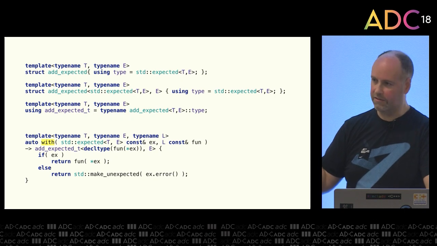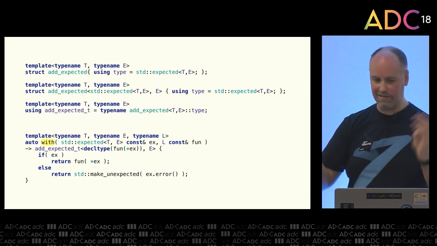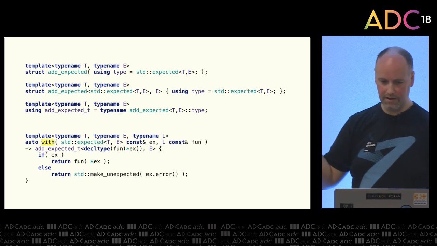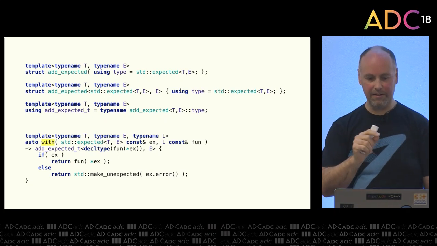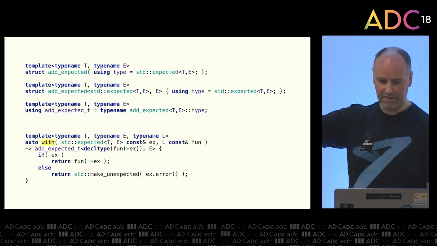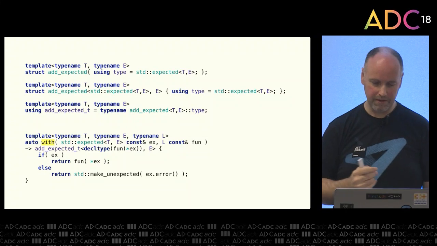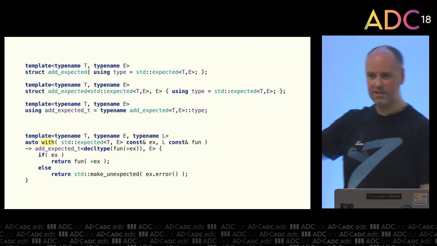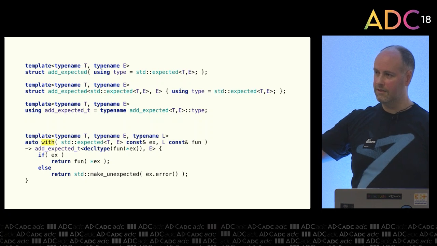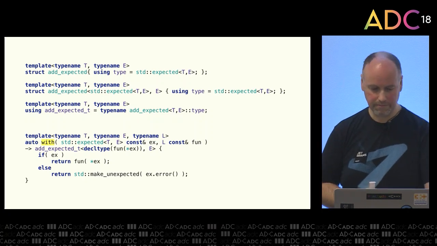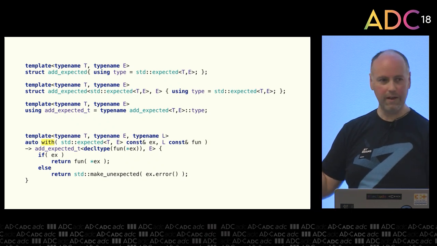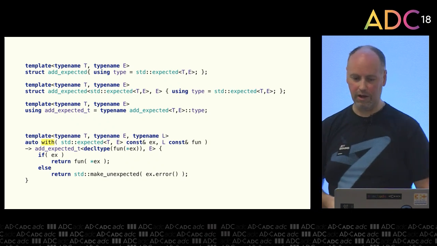The important thing is the function itself takes a std::expected, it's all very generic, and a lambda. If the expected contains something, it forwards it onto the lambda, dereferencing it, and returns the result. As I say, depending on what that returns, it'll either wrap it in an expected or just pass it on. But if it returns an error, it's going to rewrap that error in another expected. The reason it does that is because they may be different types. So actually, the implementation is really simple. It's just an if statement and just adding that std::expected layer. But using this means that we push all of that boilerplate into a single helper function.